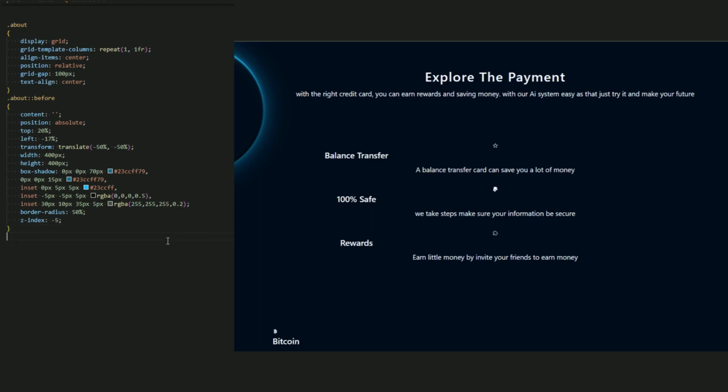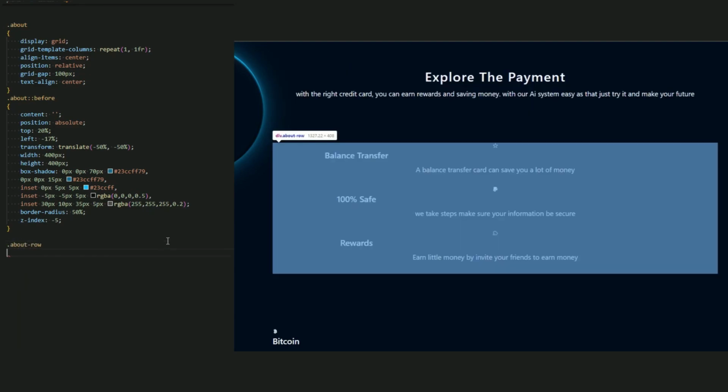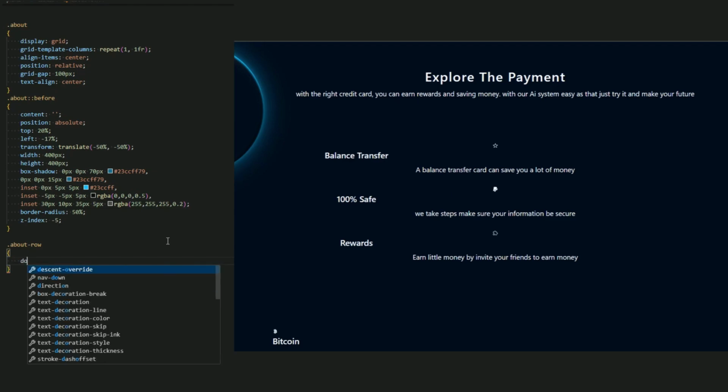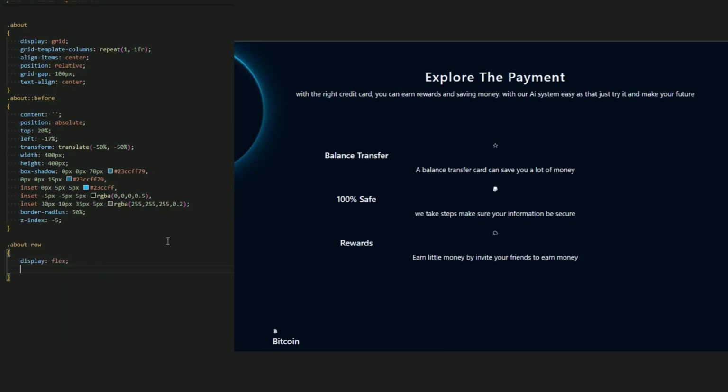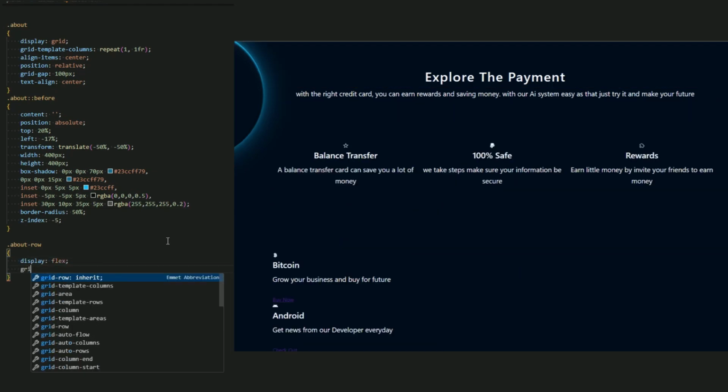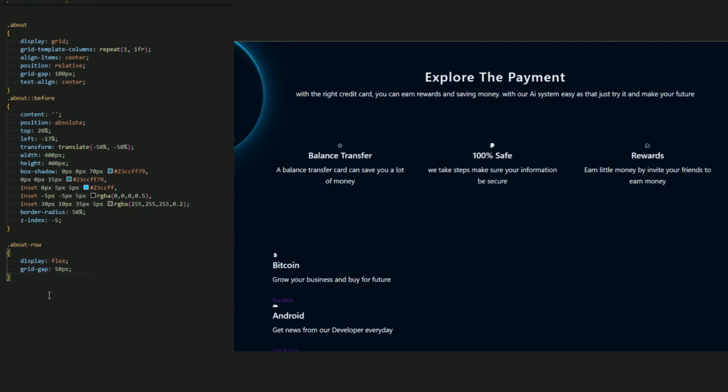Now let's use about row because I want to add a display flex to be in the same line of this 3 box. So about row, display flex, and the grid gap 50 pixels. Okay, now for the row 2 or row 1, and just like I said, this is a box.